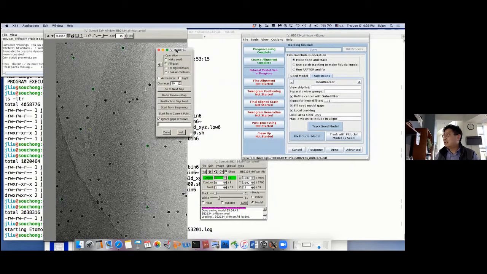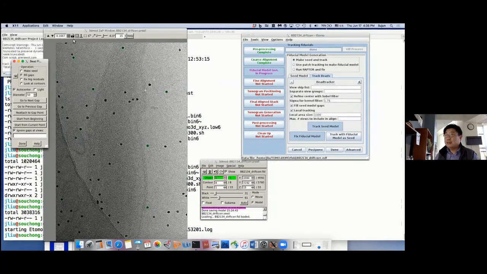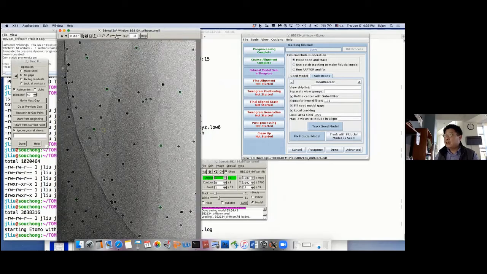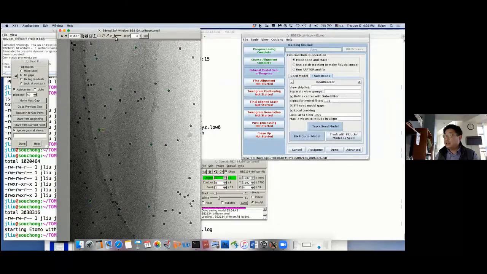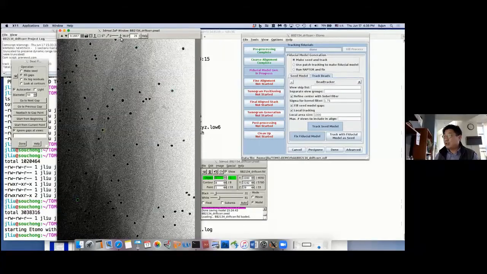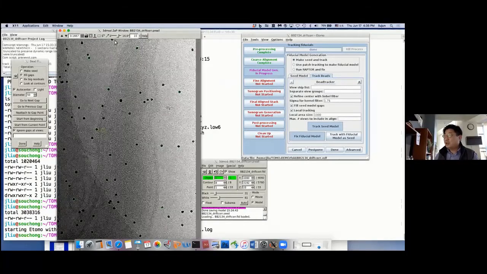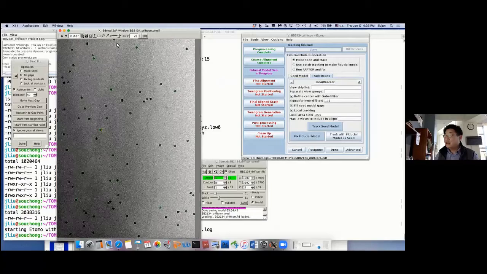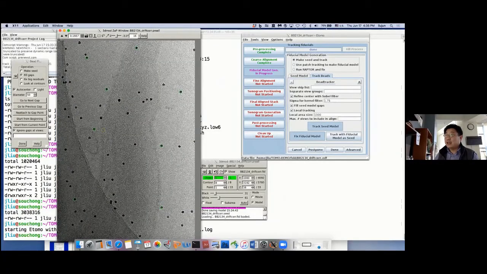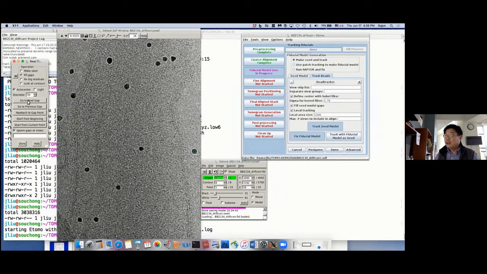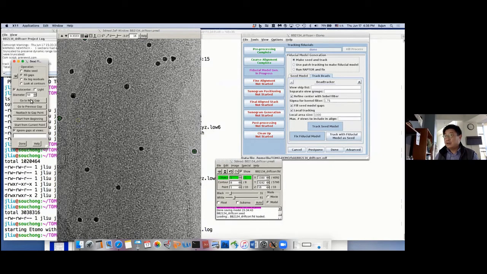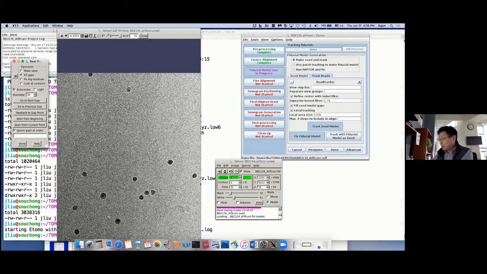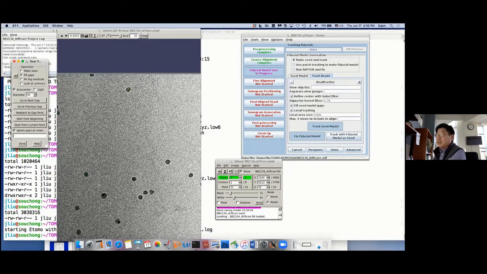Okay, here it is. So I want to auto center. So here it is. When you're moving, see, they already traced the bead for you, right? So almost perfect, right? Then you say, do you find any problem, any gap? And they found a gap, because in this case, when you go page up and down, you see this particular bead is not tracking. So you put a middle button,